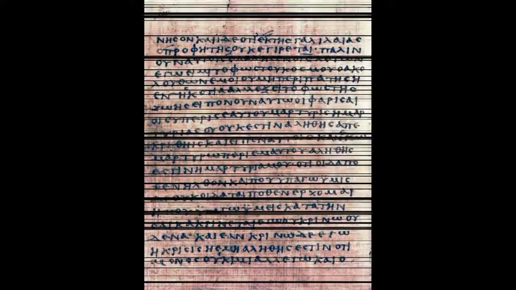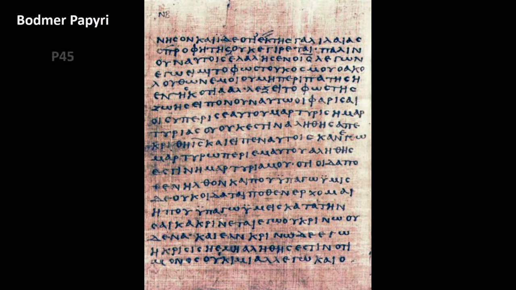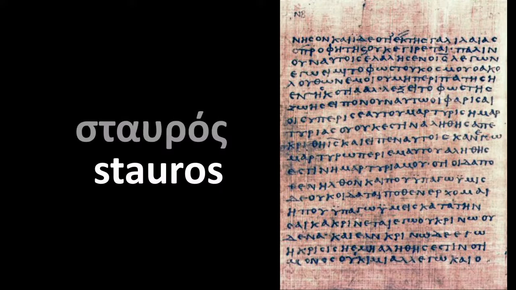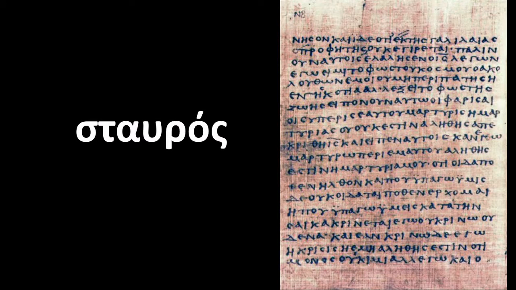Proponents of the cross also point to the staurogram used in the Bodmer Papyri P45, P66 and P75. Emphasis is given to P66, which has been thought of as being the earliest, and is said to be one of the oldest and best preserved manuscripts of the Gospel of John. The language is Greek, and the staurogram is a ligature of the tau and rho from the word stauros, which looks like a cross, and has been touted as being a visual representation of Jesus on a cross, used as shorthand in place of writing out the word stauros.